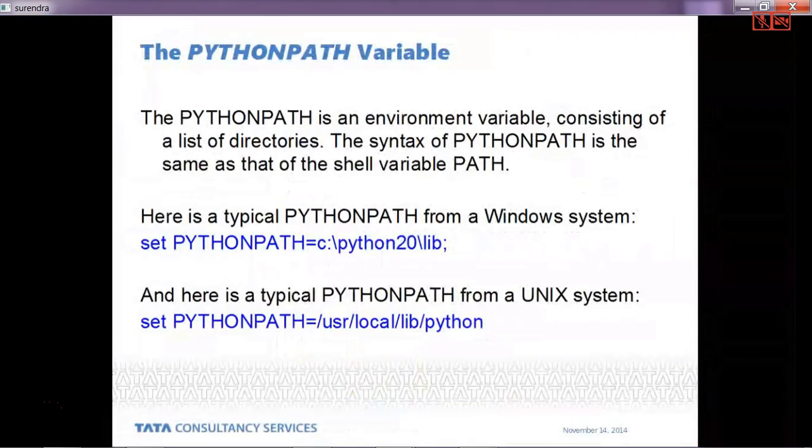First we need to set the path, then only we need to use those variables in that particular path. So unless you set it, you are not supposed to use it. Here is the typical Python path for Windows. Set is the keyword, set is the command, and then the Python path, and you need to set this particular